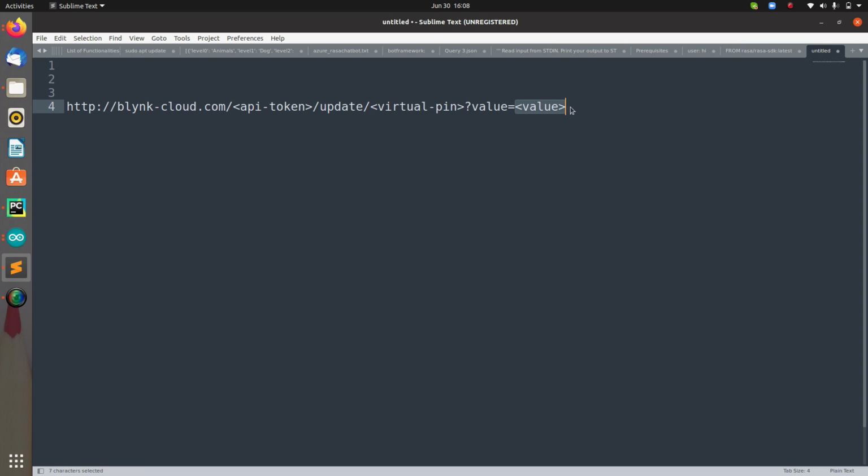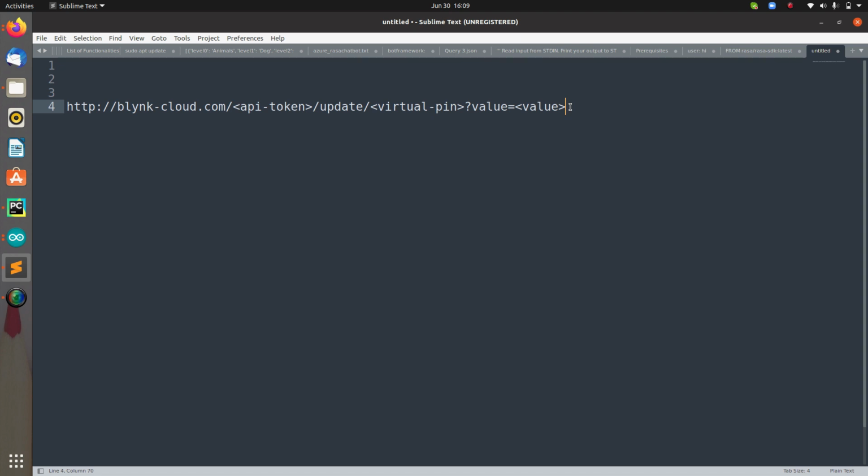So in this way I have this API, and in this API I will be simply updating the values, and based on that when I hit a get request on this API, I will get the changes in the device, or let's say the light will get turned on or the light will get turned off. So this is how it's going to work. Let me show you the demonstration for that.